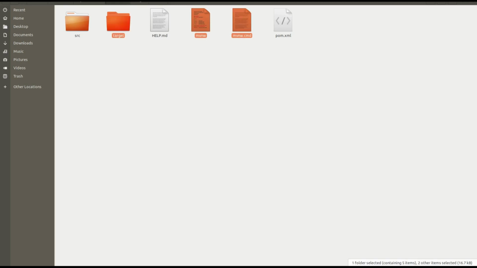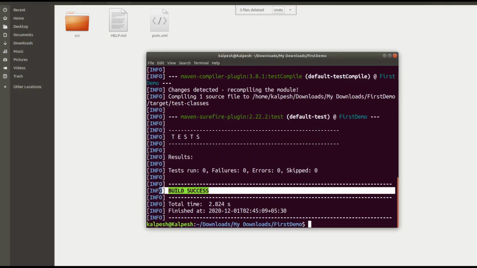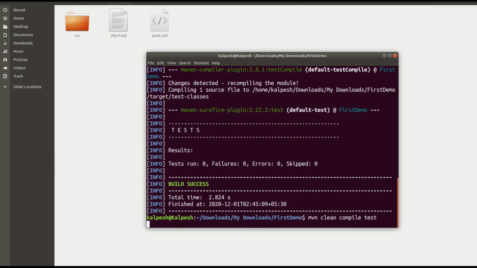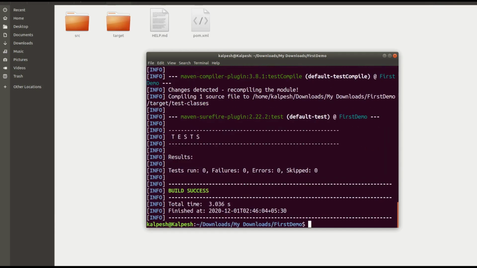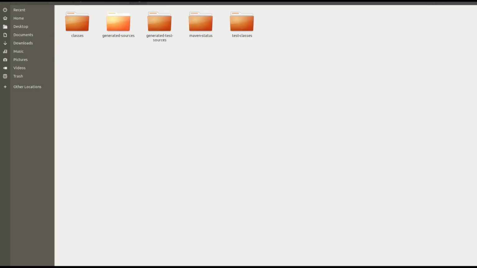So I'm going to do the same. Right now I'm going to delete these two files. I no longer have these files, and now I'm going to simply run our application, but this time I am going to use mvn only. It will run automatically and again generate your target folder, and it is successful. Here is the target folder, created for me.